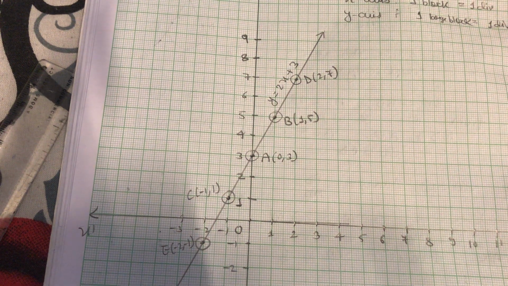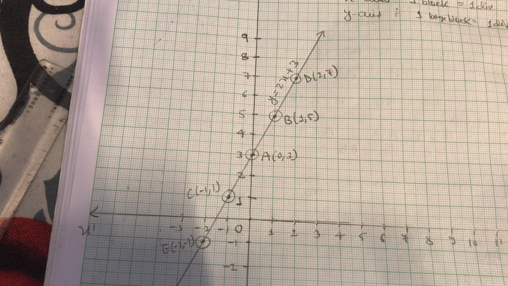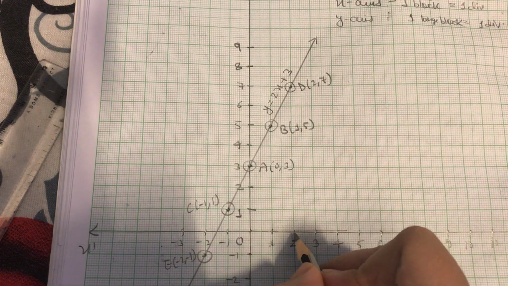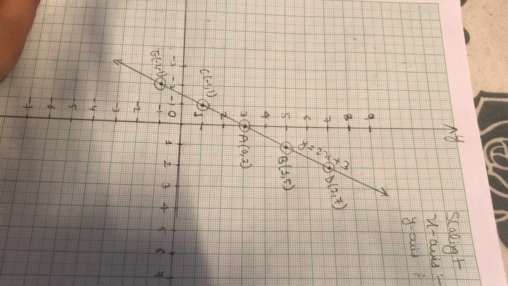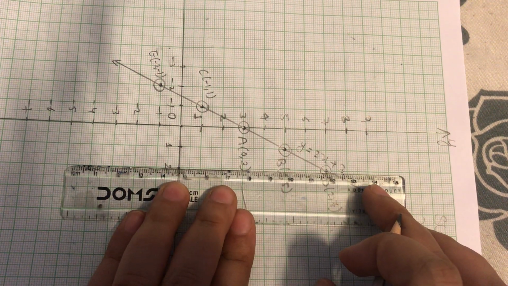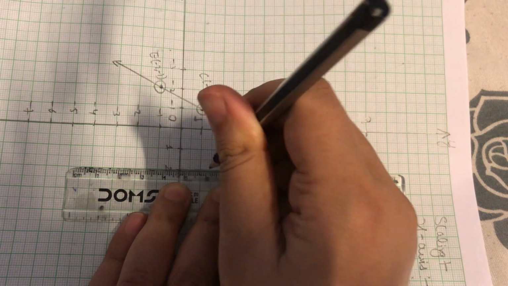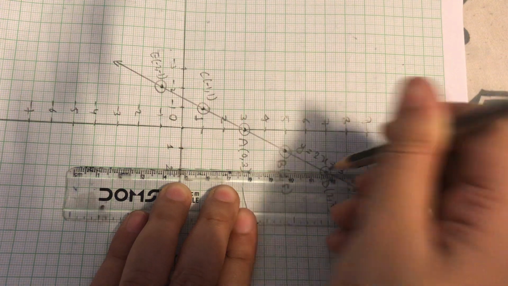Also, from the question, it was asked that I have to find the value of y when x equals 2. Now see, x equals 2. So what you do, I have to find the value of y for x equals 2. Draw a perpendicular line and let's see at what point it meets. So from 2, I'll draw a perpendicular line. Here I already have got the solution. That's why it's the same thing.